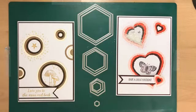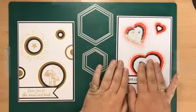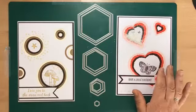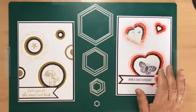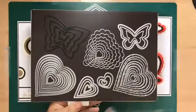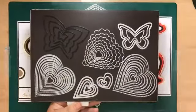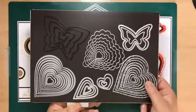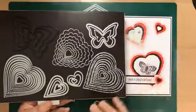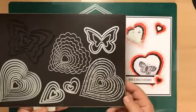So the cards we're doing are tunnel cards, and I'm going to be using the hexagonals today for the card I've done, but I've used circles in this one and hearts in this one. The heart ones are the Crafter's Companion ones, and they had all sorts of different ones. They even had circle ones, and they had tone edge, scalloped edge, stitched edge. I've used the tone edge on that one, so if you've got any of them, that's fine. But the nesting dies you need to use